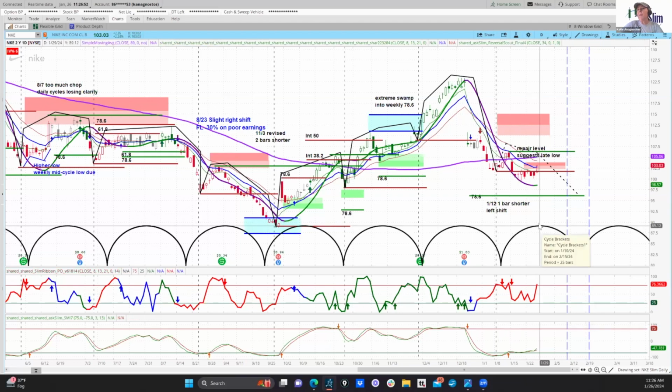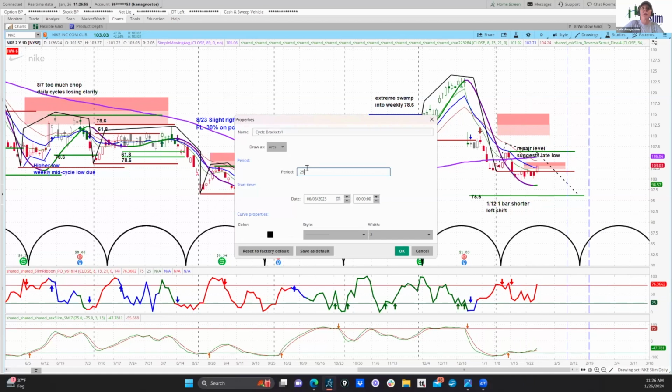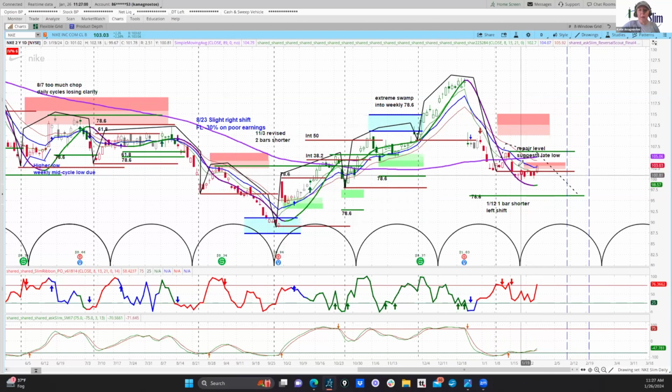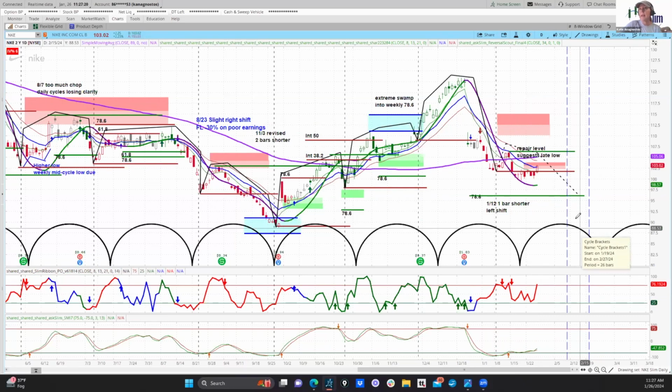Look what happens if you put these back to the original 26 bars. It lines up perfectly with that low. So as I said, that would not change the bearish bias that we have in here, but it would change the levels where we would look for an entry, and it would push this daily cycle timing period out by about a week. So this is February 26th. It is still syncing up with the weekly cycle timing window when we're looking for that intermediate low. So that's why it's not changing our bias.